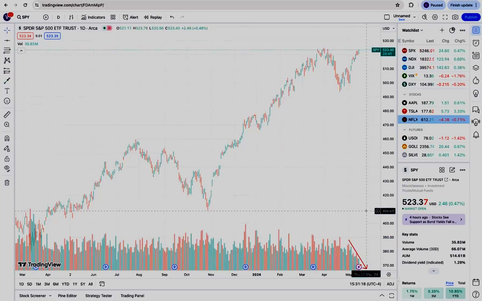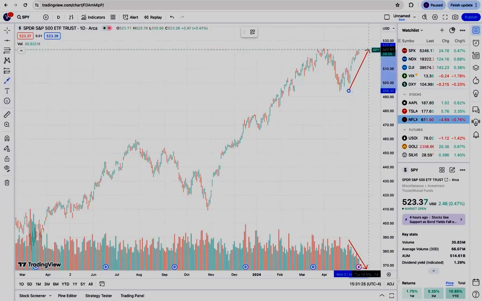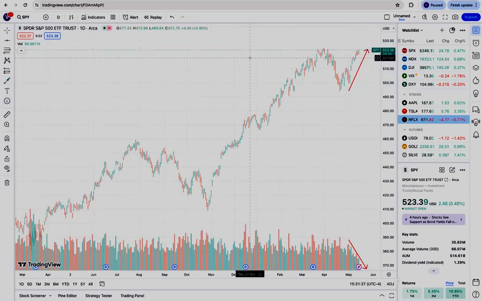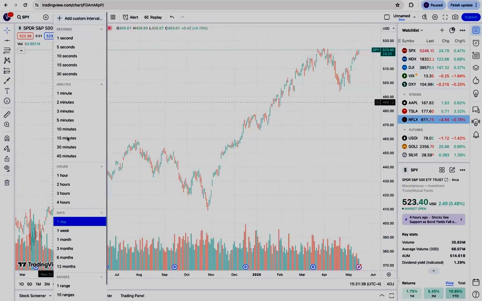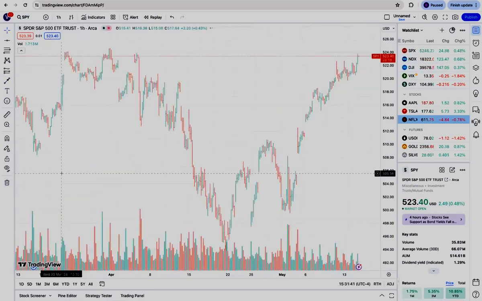We see volume declining as prices are rising. All right, so we see that there. So let's zoom in a little bit more. That picture tells us basically the same thing the NASDAQ does, which makes perfect sense because the NASDAQ is our leader. So let's go ahead and zoom into a 1 hour chart and see if we have the same.